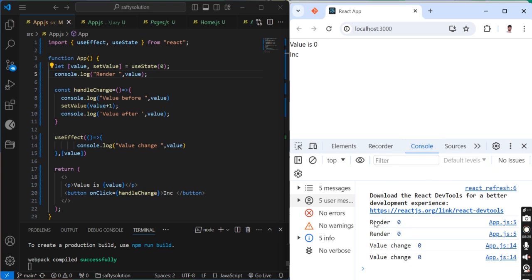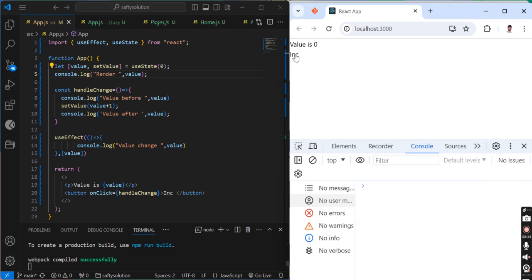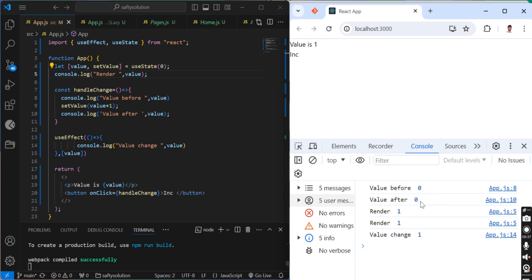Yes. Now here the render value is 0 initially, right? When I increase it, firstly these two values are printing. Once it prints, this execution of the function finishes and it will re-render. In the re-render, the value increased by 1. After increasing, this useState will assign a new value to this variable. After assigning, this statement will print. That's why it's printing 1.